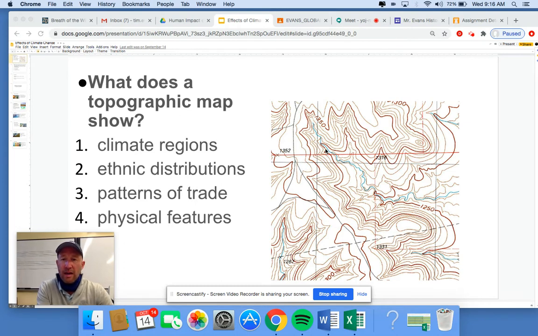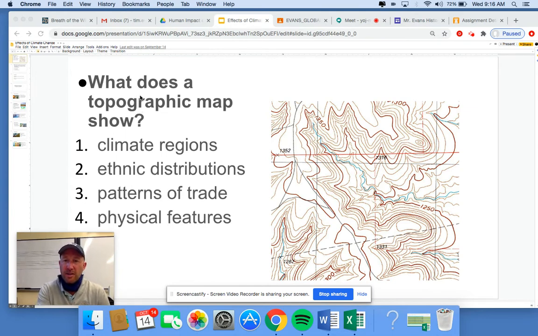Well, we can't tell if this is hot, dry, wet, or cold, so it's not climates. And we can't tell what ethnicity the people that live here are. Patterns of trade? Usually if there's a trade map, there's going to be arrows that point in the direction of the trade routes. Instead, topographic maps, which you'll see a lot of in earth science,